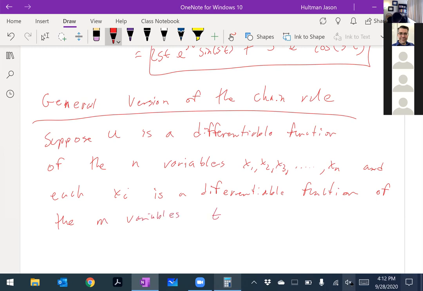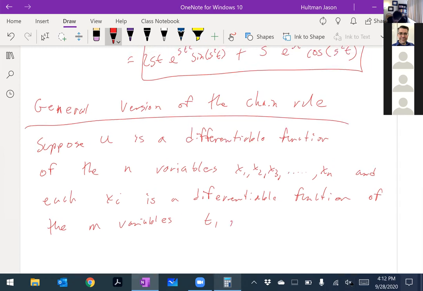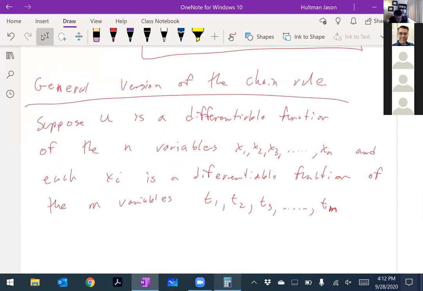t1, I don't know why they didn't use s here. I would have used s, but maybe s is reserved for something else. t1, t2, t3, up to tm, sorry, because m and n do not have to necessarily be the same. You don't have to have a 2 by 2, or you could have 3 by 2, or 7 by 5. Then,